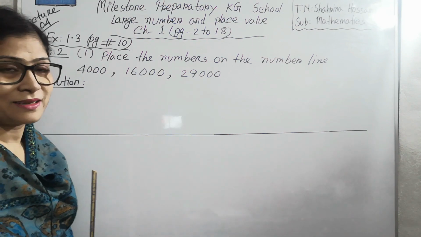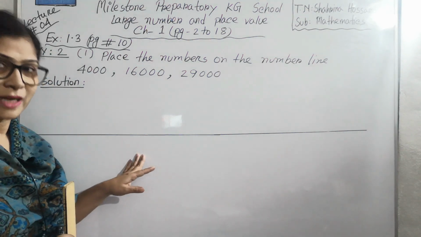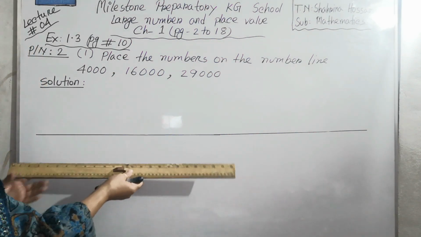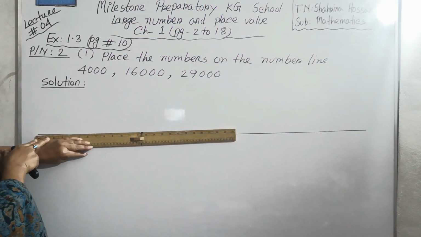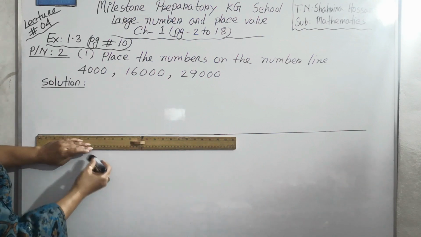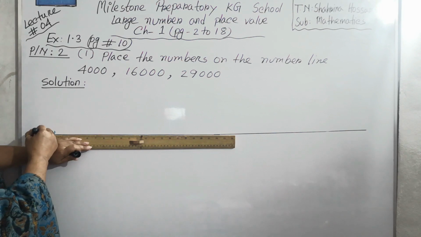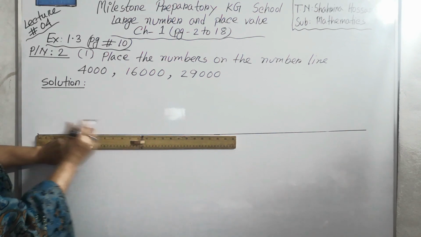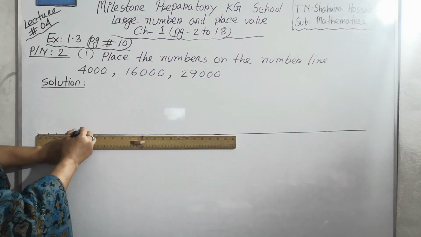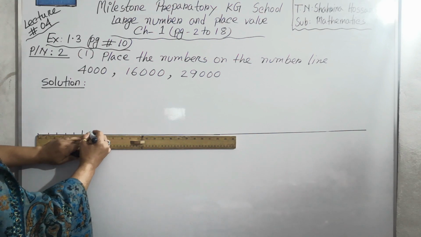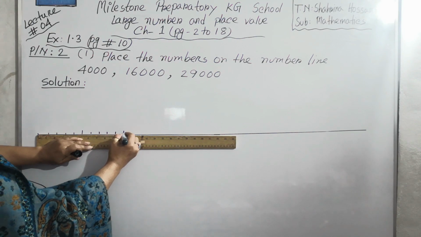Now we will take equal gaps. We will keep an equal interval on that number line. Suppose this is my scale. Here the space is 1 inch. So I can take a 1 inch gap, equally 1 inch gap. First one is 0. Then 1, 2, 3, 4, 5, 6, 7, 8, 9, then 10.